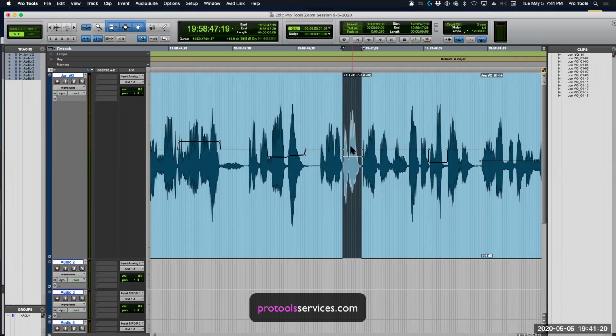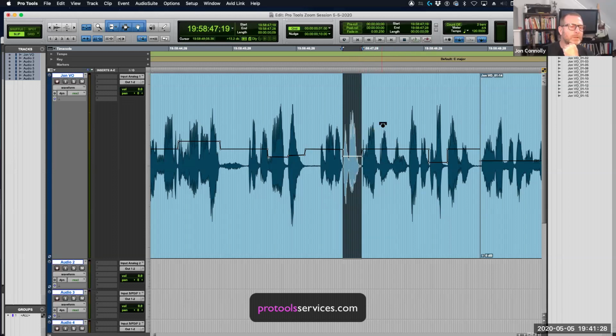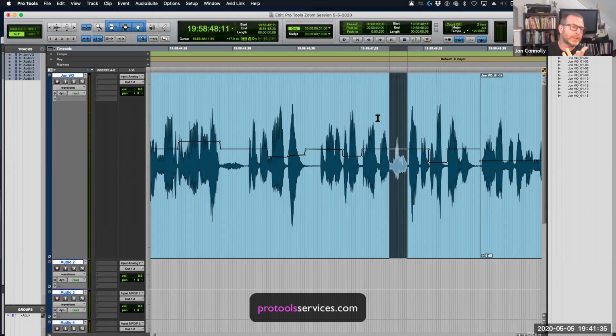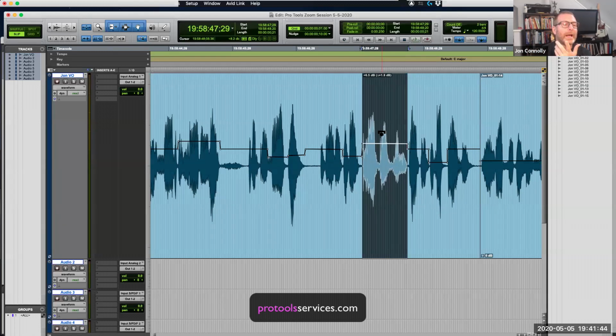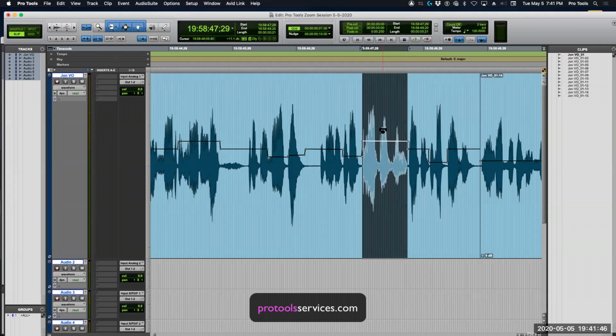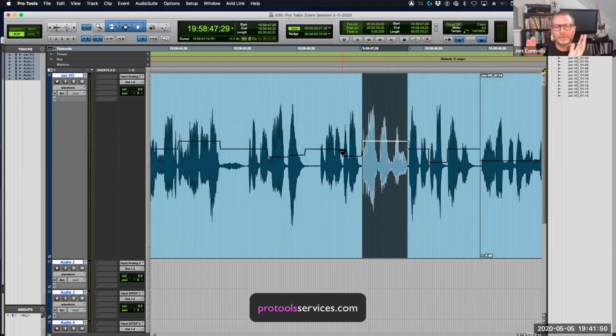And so again, when you're taking that down, I'm seeing the cursor move and change its icon. Are you clicking and holding anything while you're doing that? I'm only clicking and holding when I'm making the change. So like right now, I'm not clicking and holding. I'm going to make a selection, click and hold to make the selection. Place the cursor in the middle to get to the clip gain trim. Click and hold or click and drag up.